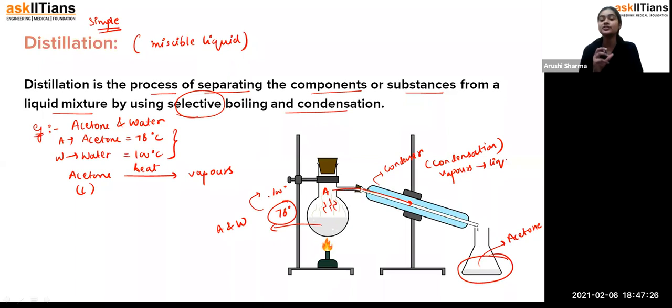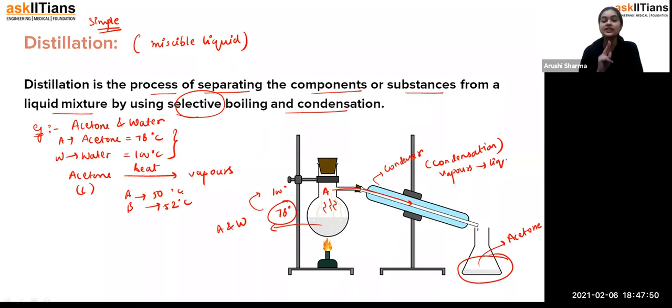So that's how there should be a difference. But, student, if I say there is A and B, A is having 50 and the other one is having 52 degrees Celsius, how is it possible to separate them out by using simple distillation? Because 50 is there, and within a minute it is going to 52. So, student, we can use the distillation process for separating the components of the mixture or the liquid